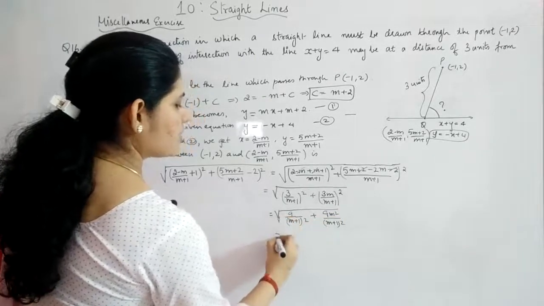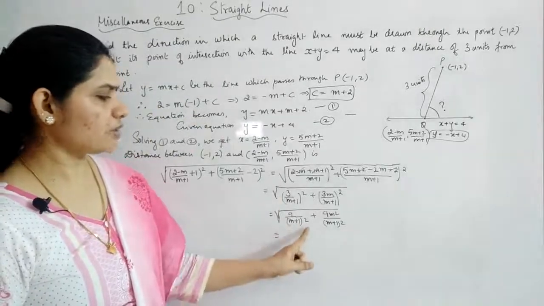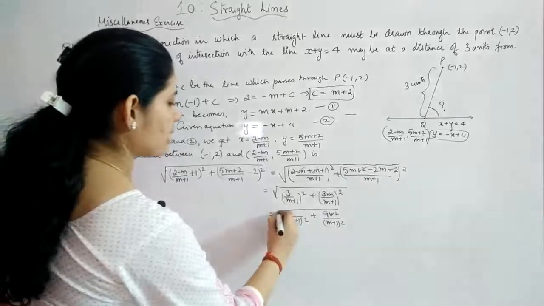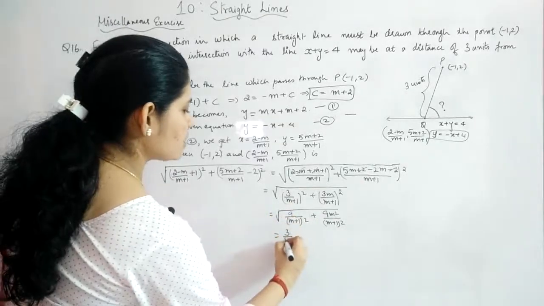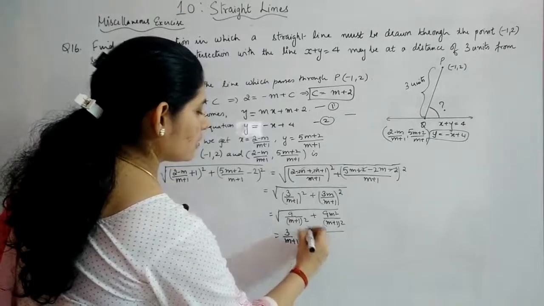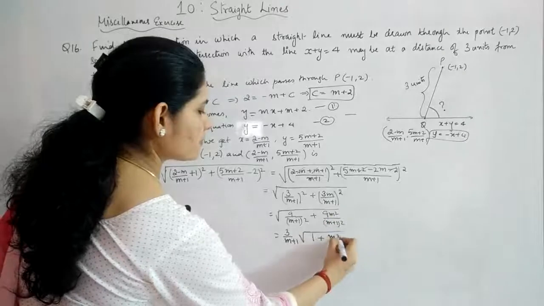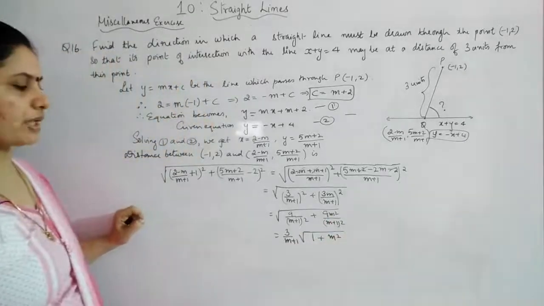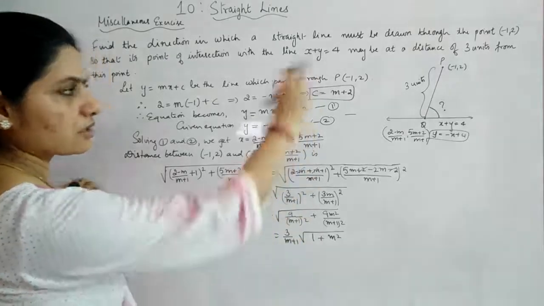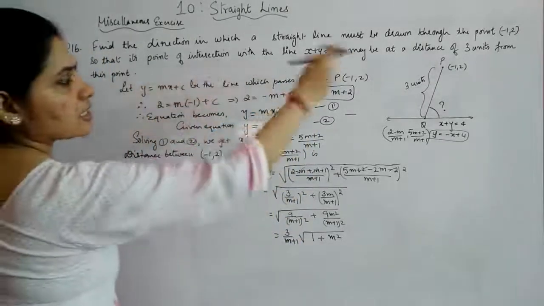So if you are taking out from the two terms, you can see 9 by (m plus 1) the whole square is common, and taking out from the root you will get it to be 3 by m plus 1, right? It will become 3 by m plus 1 into root of, here you will have only 1, here you are left with m square, into root of 1 plus m square. Okay, now this you can equate with what is given in the question. What is given? Distance is given to be 3.